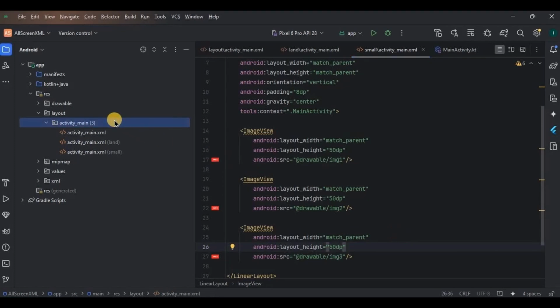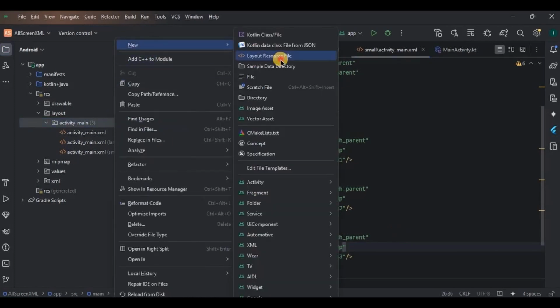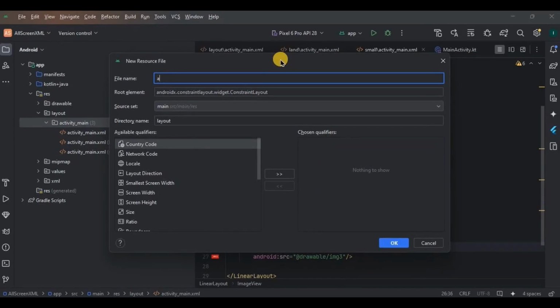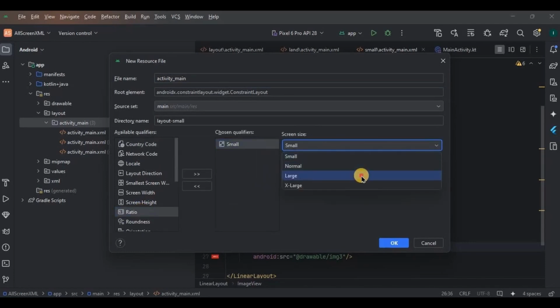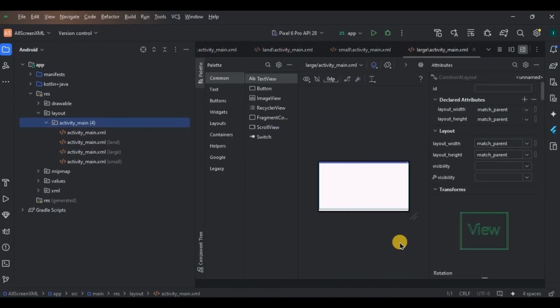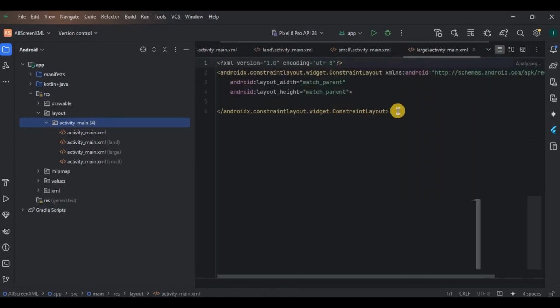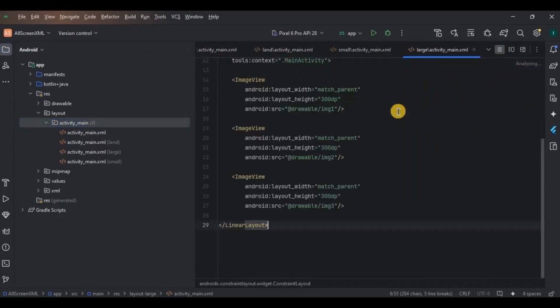Okay. Now let's create the same UI for a tablet screen as well. So now you know how to do it. Choose size, then large. Here the code will be the same except for the orientation and height and width.